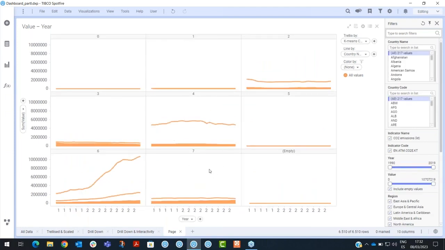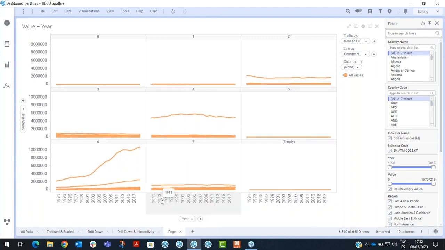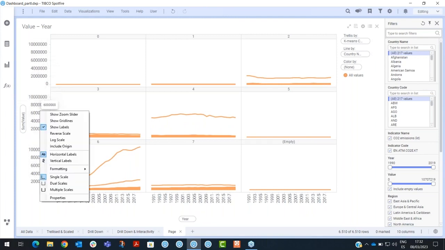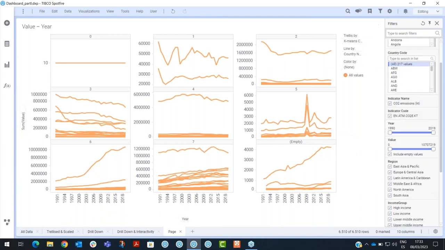Before proceeding, I'd like to perform a few cosmetic changes. First of all, I'd like to see the years in the categorical axis. So I'd like to turn them to be shown vertically, so I could see the whole number. I would like also to add individual scales to each of the clusters, or each of the panels. And I would like to as well highlight the differences visually by coloring each of the clusters based on their